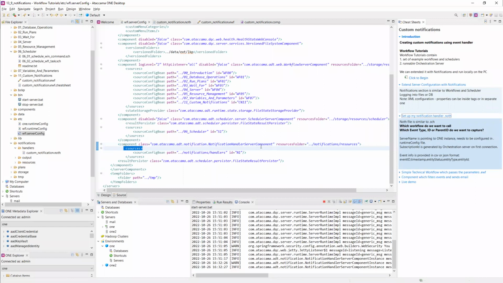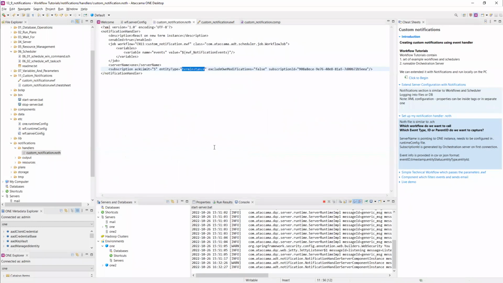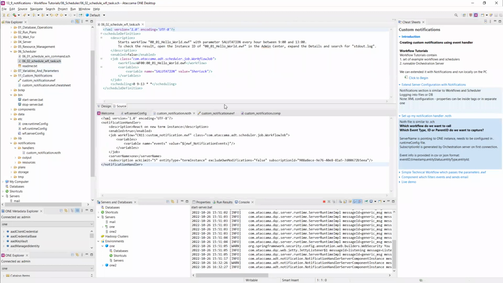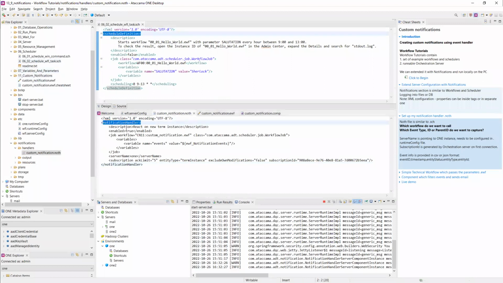So now I will have my section for notification handlers in the orchestration server, and I need to actually create some handler. So I have a file here, and just to make it a bit more relatable, I will open my scheduling task as well, and we can see how it is very similar to something you might already know. So I have a small XML file which says what it does, schedule or create a notification handler. I have a description which will be used in the orchestration server to see what this one is doing,